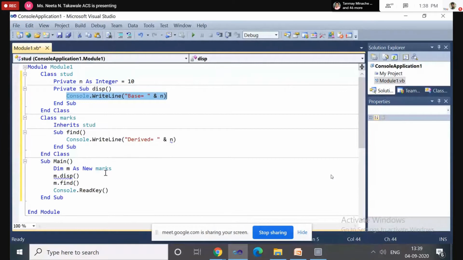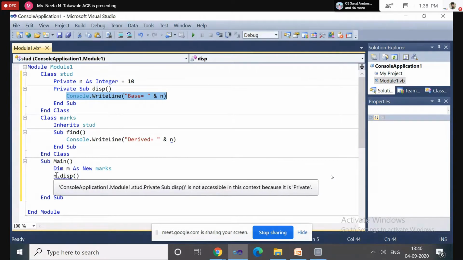Now look inside Main, under m.display, it is again showing the zigzag line, and when I move the mouse it shows the error message.